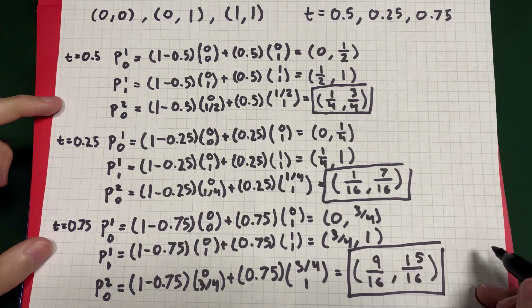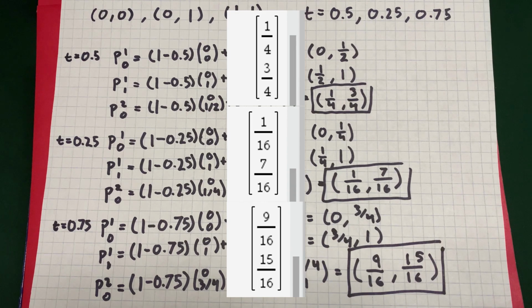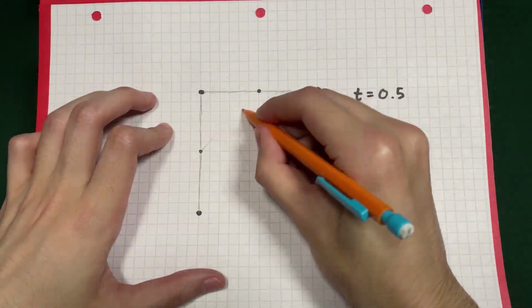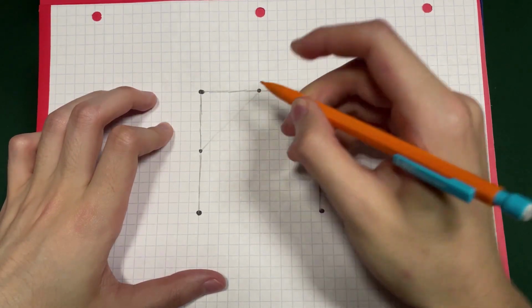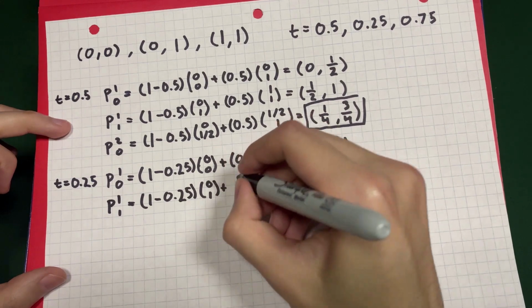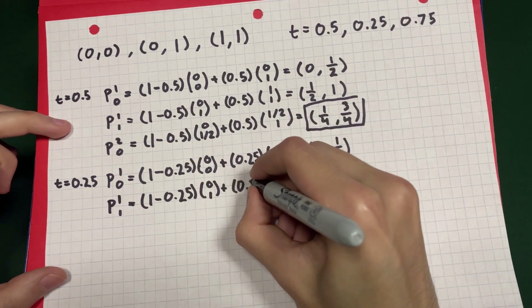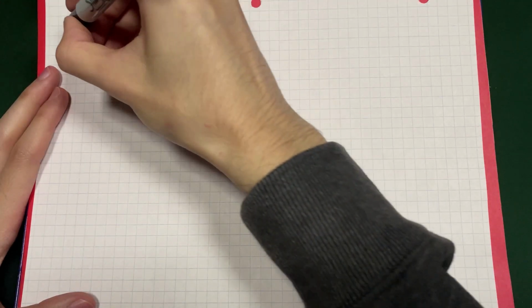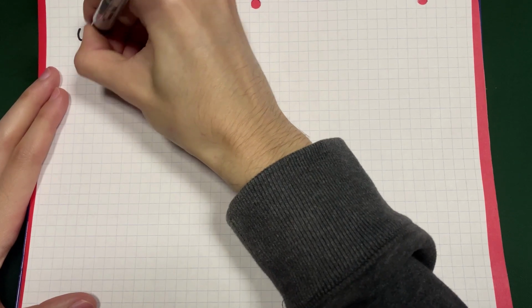Those values should sound pretty familiar because they're the exact same values we got from the previous method, so this is another valid way of calculating Bezier curves. Of the three methods, this is probably my favorite. It's pretty easy to understand when you're learning it for the first time, and it's probably the easiest one to program. Or at least, I think so. Anyway, let's move on to the final method, midpoint subdivision.